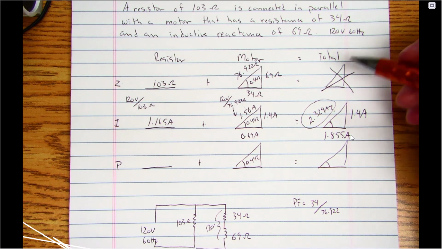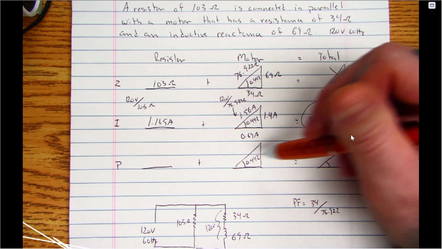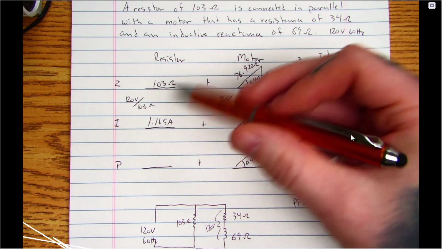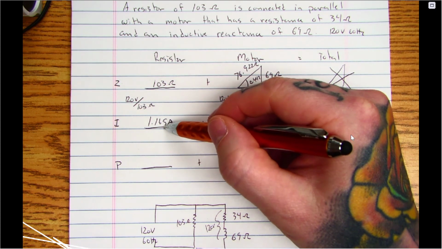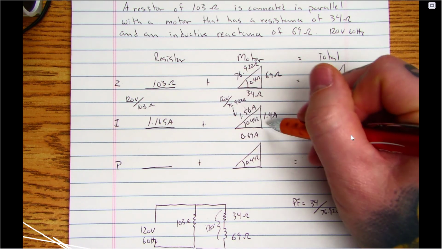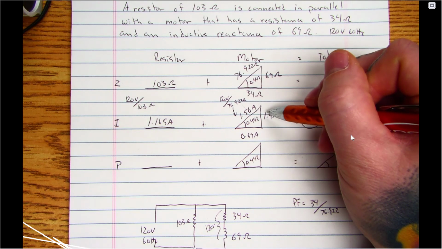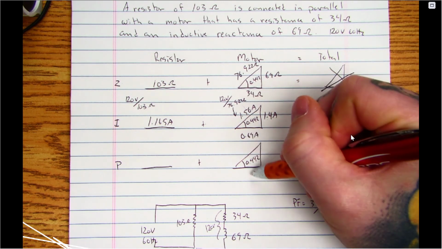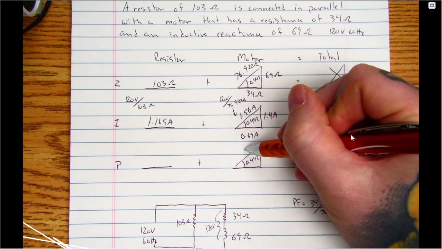Okay, so that's kind of it in a nutshell. If I wanted any power values here, I can still use P is equal to I times E. So if I went this value times my voltage, I'd have my watts here. So times any of these. Now I can use any side of these. I can times this by voltage to get the VARs here. I can times this by voltage to get the watts, and this by voltage to get the VA,